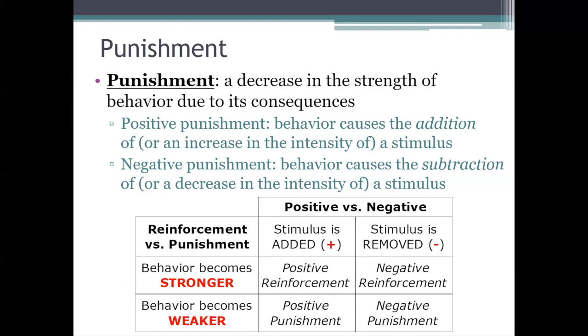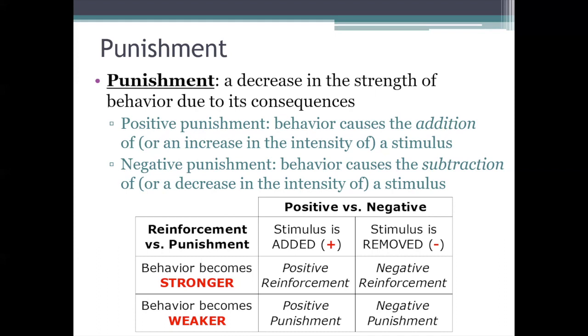But punishment can also occur by subtraction. So, in negative punishment, a behavior gets weaker because it causes the removal or the prevention of something you'd rather not have removed or prevented. So, for example, if I make a mean comment about my mother-in-law, and then as a result, my wife stops talking to me for a while, then I'll probably become less likely to say mean things about my mother-in-law in the future, right? And so that would be an example of negative punishment because my behavior of making mean comments has gotten weaker due to the subtraction of my wife talking to me.